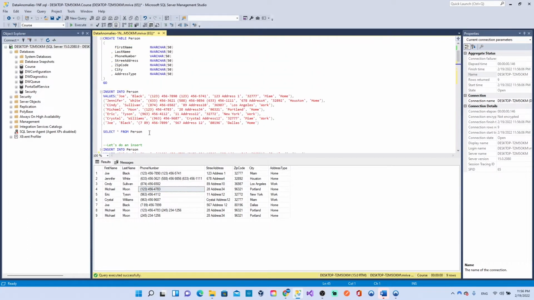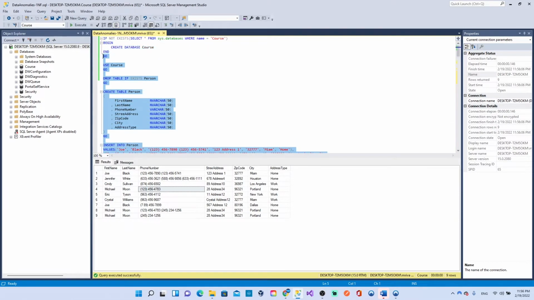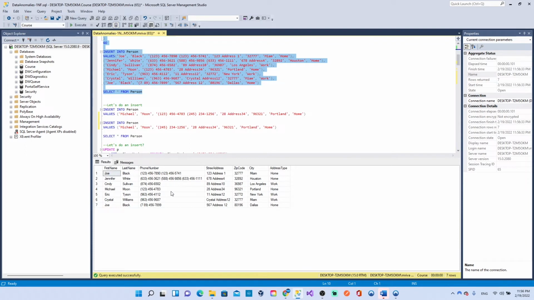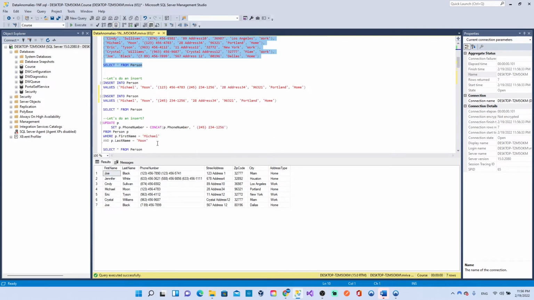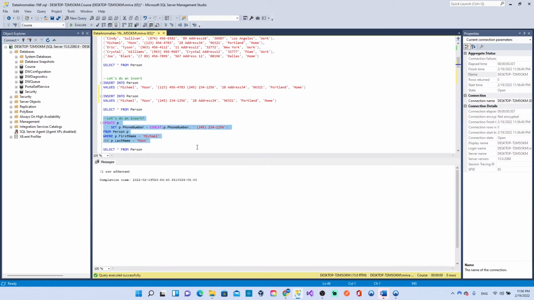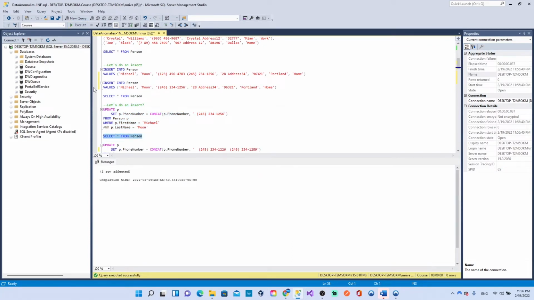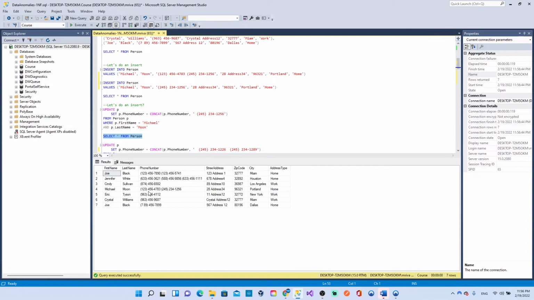And let me clean this up. If I actually want to do an insert right here for Michael Moon, I would have to do this. And I'm putting the question there, is this really an insert? Well, let's see what happened. Look, now he has 2 phone numbers the way I wanted. Awesome, great. But look at that. That's an update, that's not an insert. So I am not able to do a clean insert